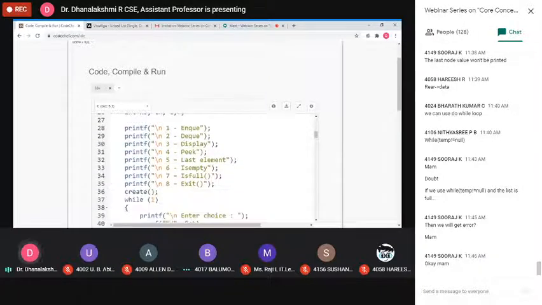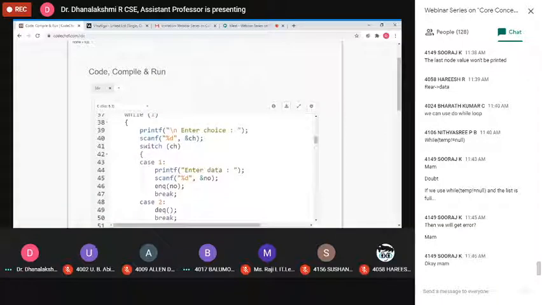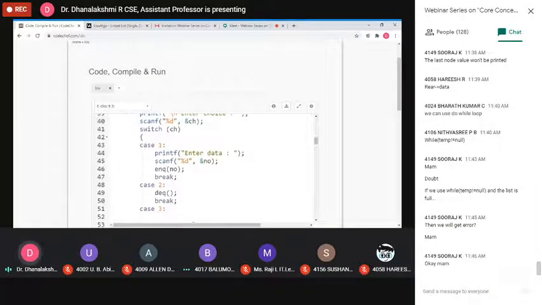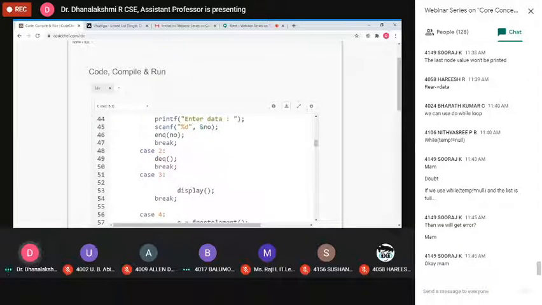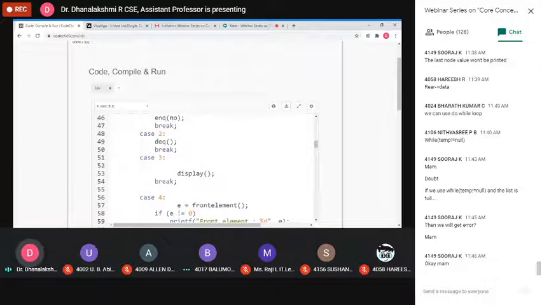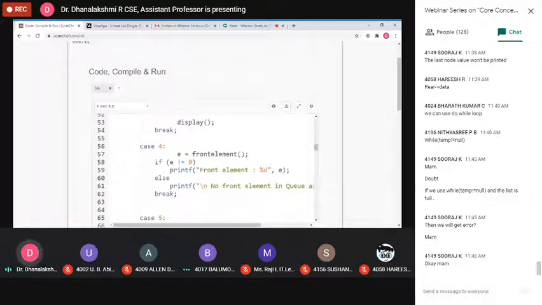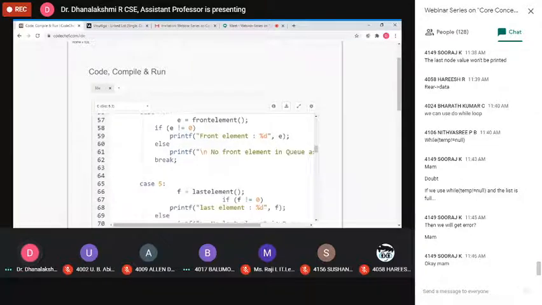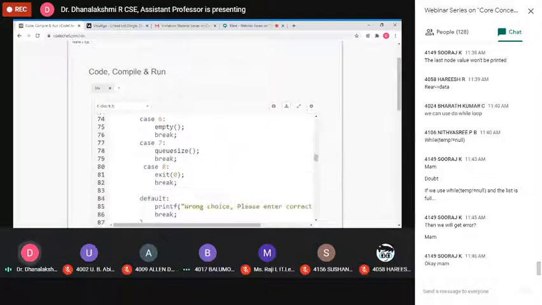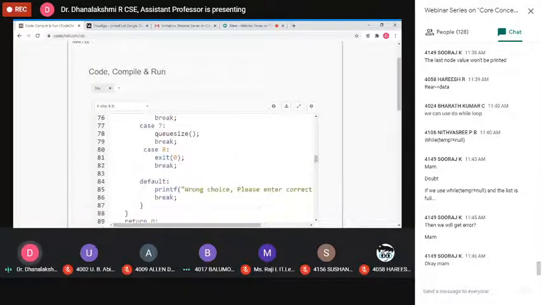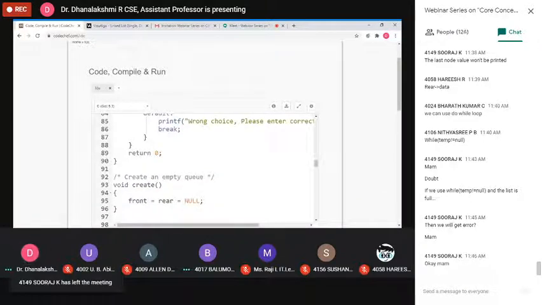Then the main function. Again, using the switch case statement, I am calling the functions one by one. Case 1 enq, case 2 dq, 3 display, 4 is the front element, then the last element, then empty, then queue size and exit.